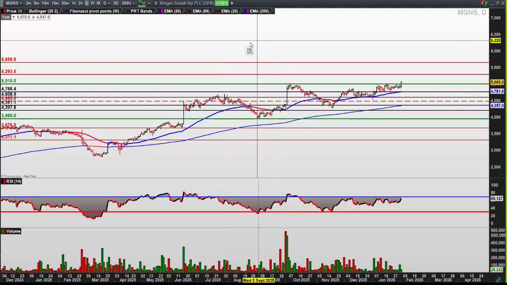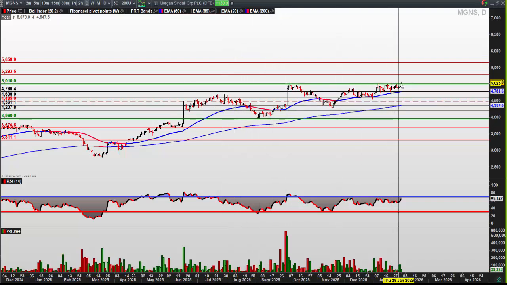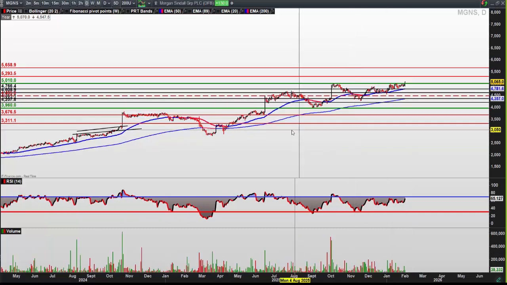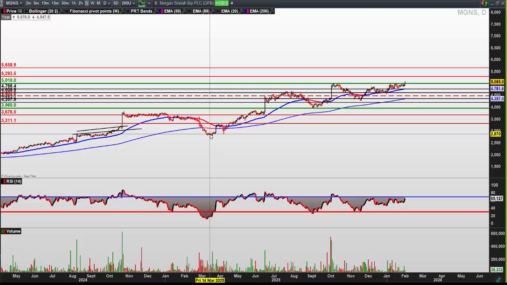Well, we've just popped our head above this October resistance. So assuming 50 gets bought and we open and close above 50, then we look as if we're going to see 53, 57. So it plunged in March 25. March 25 we're down there at 28. Okay.